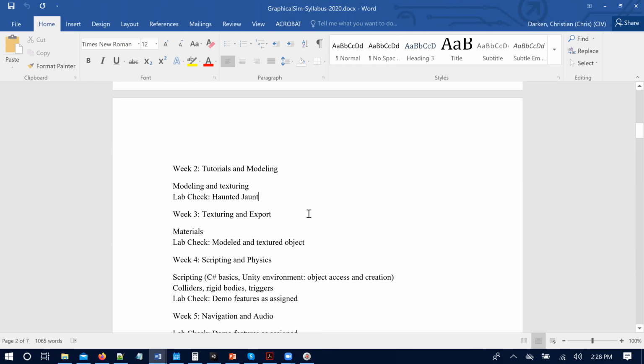Okay. So again, it could be this year that the modeling and texturing will go faster. I'm looking at trying to take you through this ProBuilder tool, which is integrated very tightly with Unity, that Michael put me onto. I think it's at least worth a try, so we'll give it a shot. It's a little bit simpler. In the past, we've used more of a full-scale tool. We use Blender for our class.